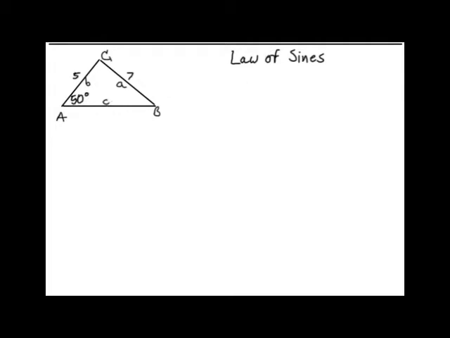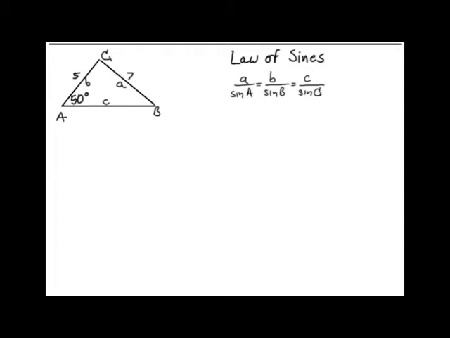Now I can use the law of sines, and the law of sines is actually really easy to remember. It's simply a ratio, or three different ratios. Length A over the sine of angle A, length B over the sine of angle B, and length C over the sine of angle C. Now, if I can take any two of these and know three of the four things, then I can solve